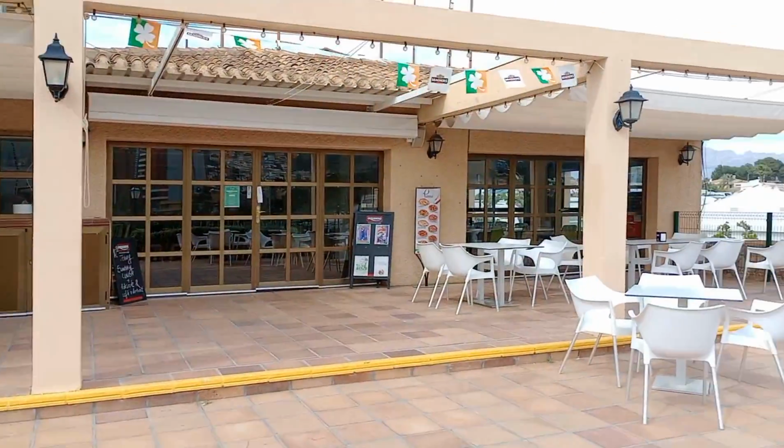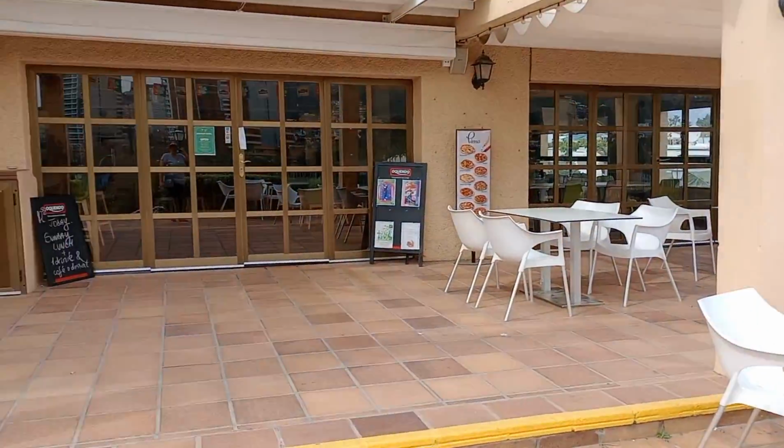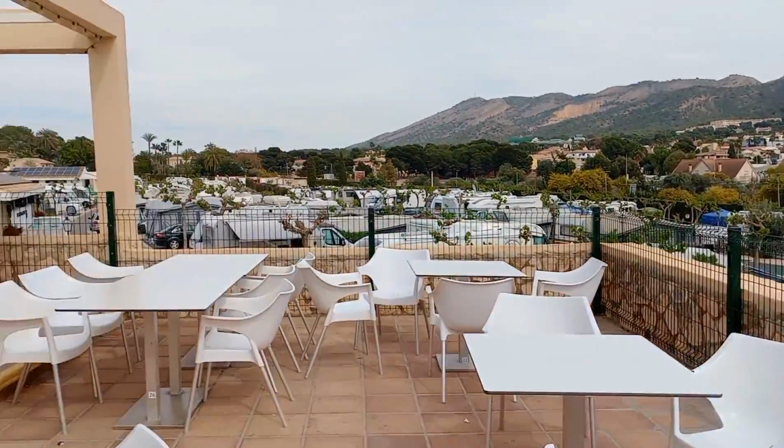A lovely little cafe bar as well. So they do pizzas by the look of it. I don't think it's open at the moment. Doesn't appear to be. But wow, this is a great view if you're sitting up here and having something to